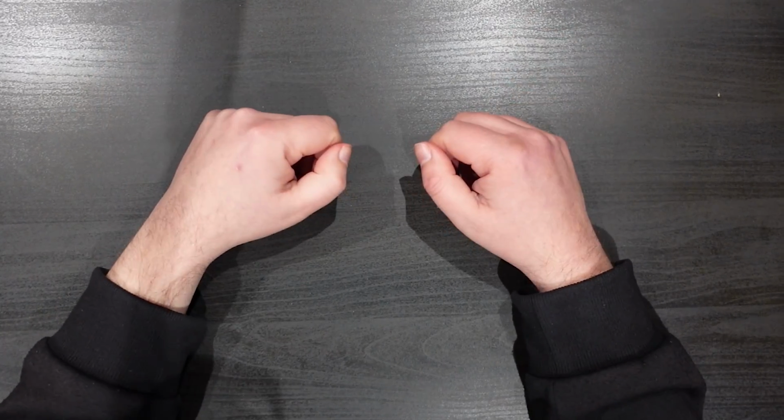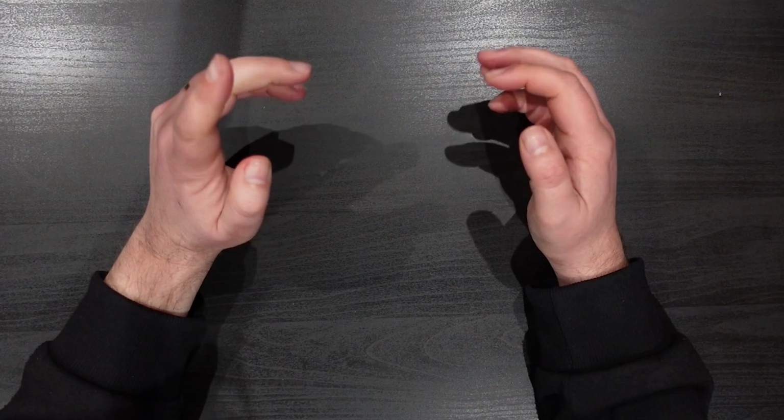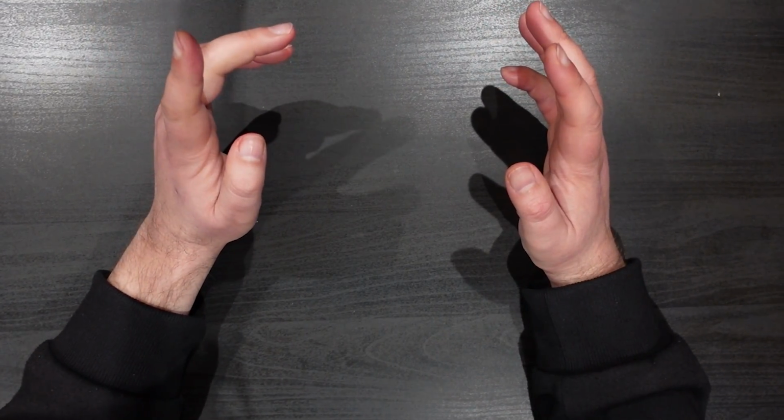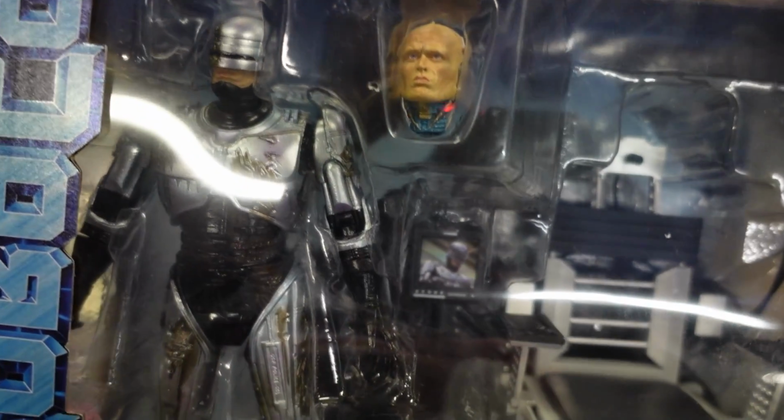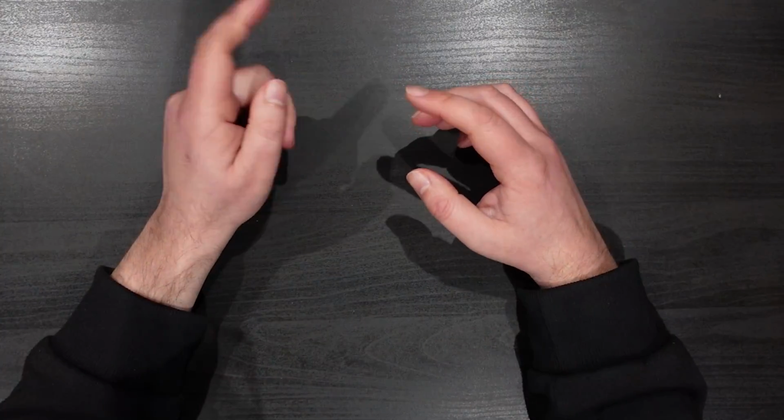And we're back in the game room. So what did I get from Manic Minors Toystore? Now, if you've seen my previous videos, I got the NECA Robocop with chair, which, well, I had a case of buyer's regret. So I took that along with me and we did a trade for, first of all,